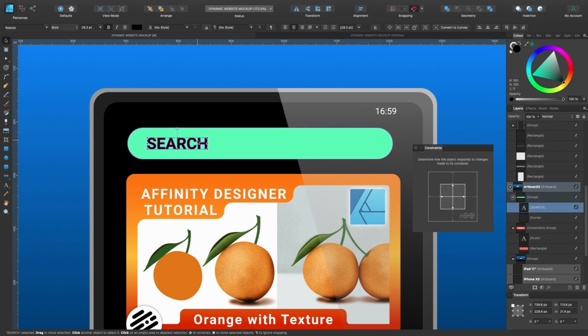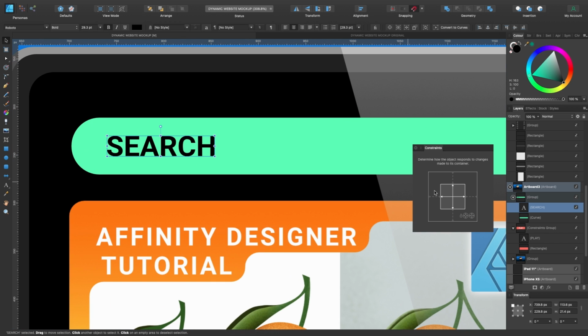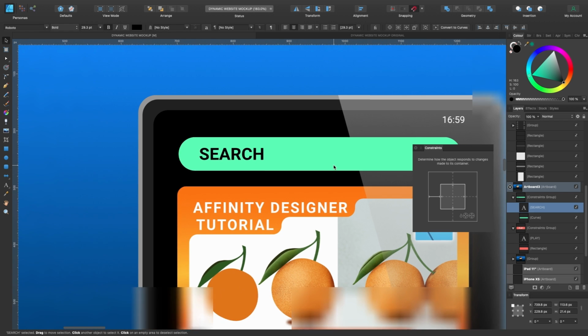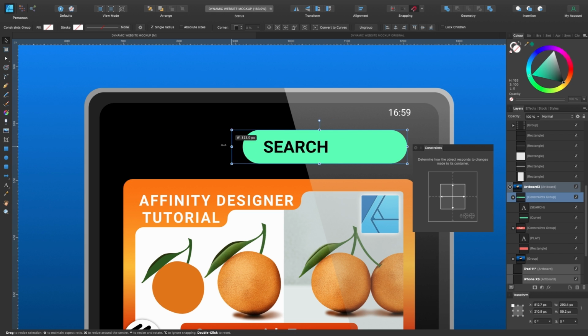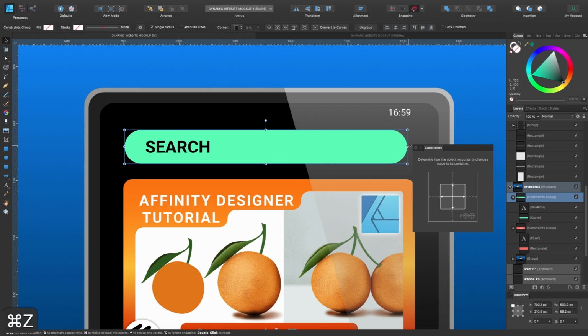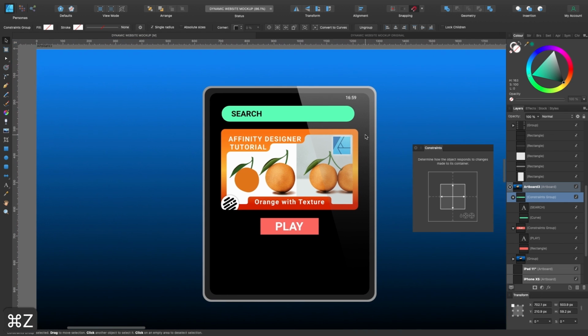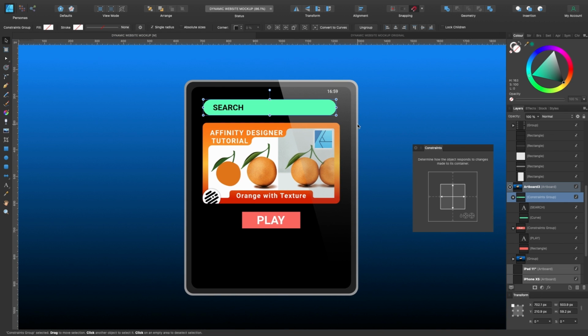And again, we're going to double tap to go into search. And I want this one to be anchored to the left-hand side. So whether this is put on a big computer screen or a mobile phone, I always want the search to be on the left-hand side. So I've anchored it to the left. I also want to take off scaling on this word because I don't want it to be distorted. And that's it. Let's have a look at what happens. So I'll grab the group and let's say if I move it around, it will always be anchored to the left. And if I do this, it's not going to distort the search word. So we have two buttons now. Okay, let's take it up a notch.